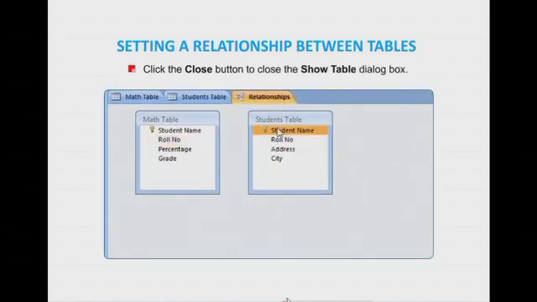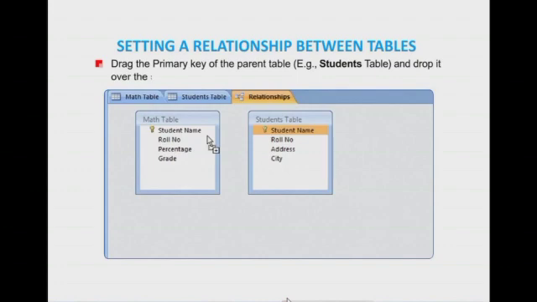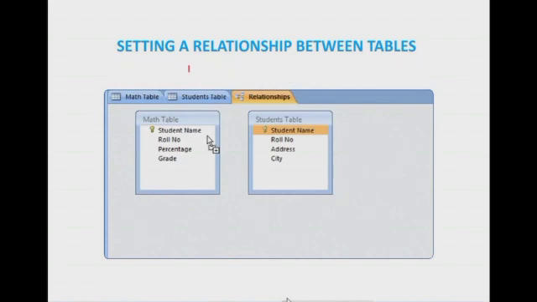Drag the primary key of the parent table, for example the student table, and drop it over the same field in the child table, for example the maths table. The cursor changes to an arrow. The Edit Relationships dialog box appears.